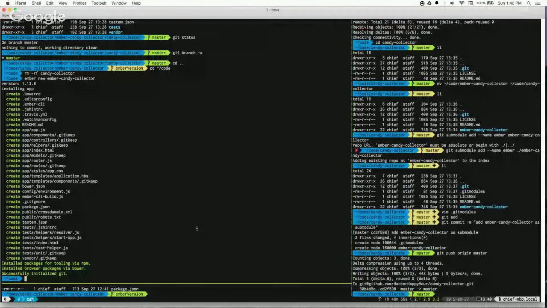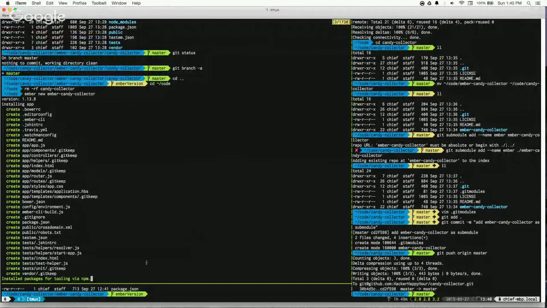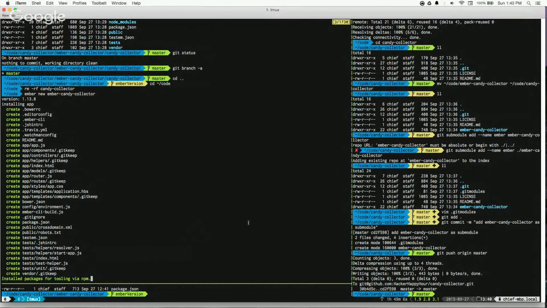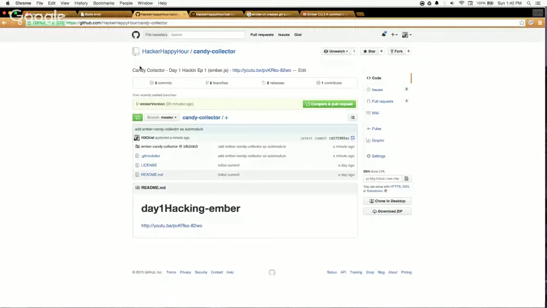I would need to have Ember Candy Collector and the POJS Candy Collector. No matter what I do, I'm going to have that. So I will have to create another GitHub repo. So Candy Collector would just then be a coordinator between two other repos. I don't really like this at all, but